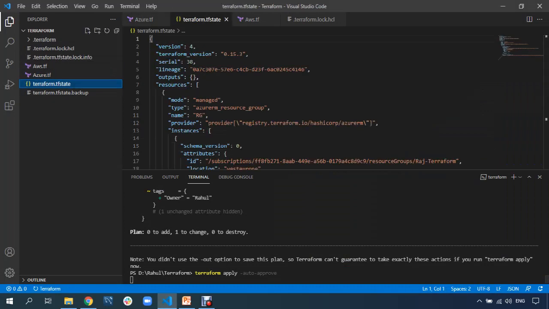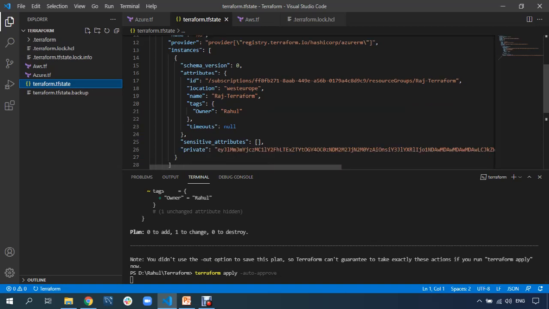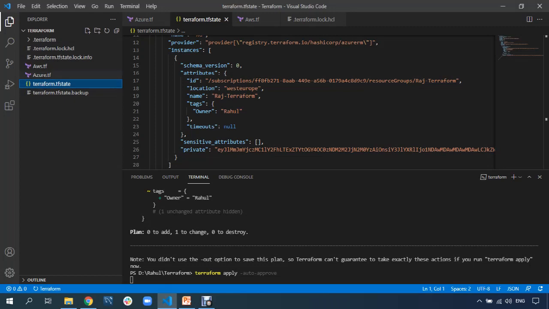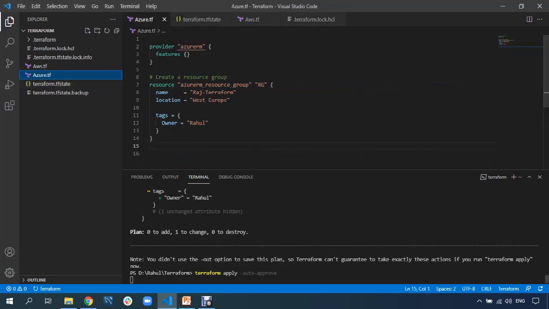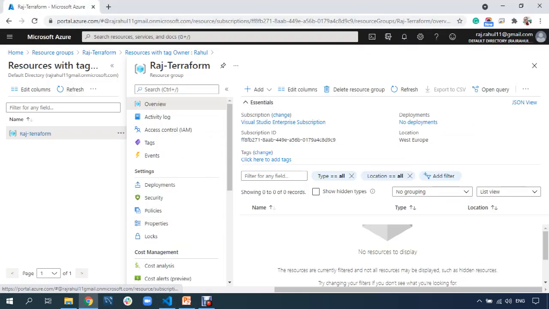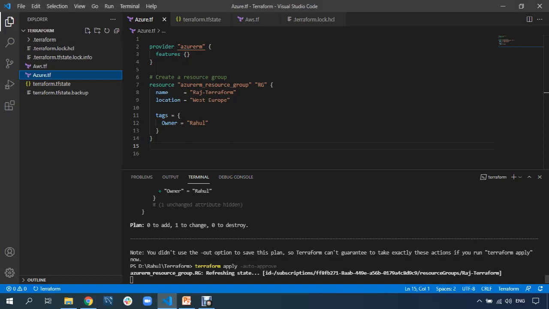So what happens, see here, now you see the tag is removed, right? But the time you run terraform apply, again this tag will be added here. But here you can see the tag is already present, now it is added. So what will happen, again the tag will come back to your resource group. So basically it always pushes your code to go to the desired state. Whenever there is a change, it will always push the code back to the desired state. So once it is completed, you will see the tags will be available on your resource group.